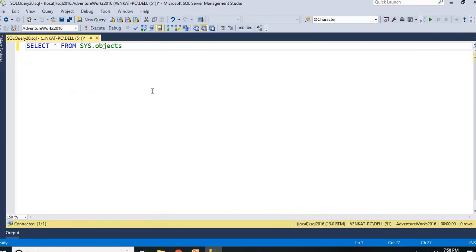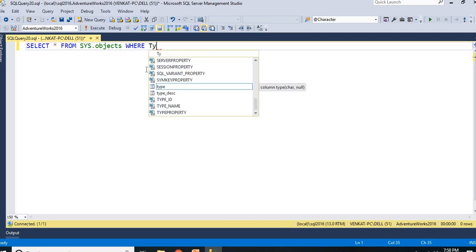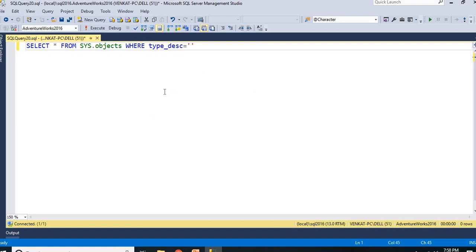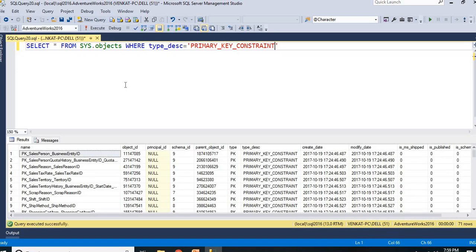So now I am going to add a where clause on type_desc equal to, so I am going to put here whatever key I want, foreign or primary. Primary key constraints: PRIMARY_KEY_CONSTRAINT. So let me run this query. I will get the list of primary keys which are there in my AdventureWorks 2016